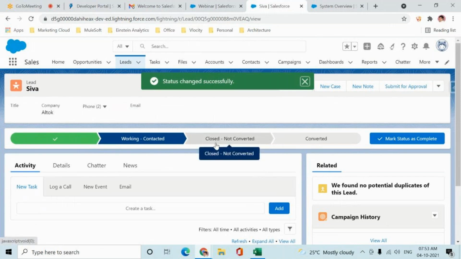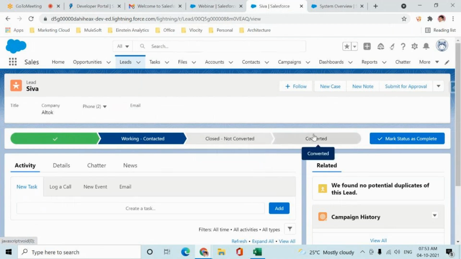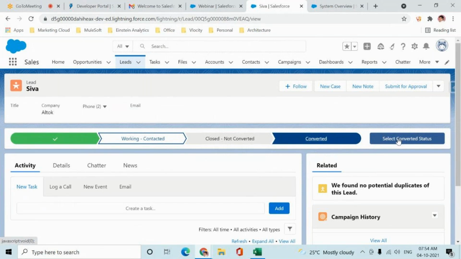For example, if Shiva is not at all interested in buying the product, I'll say close, not converted. If he is interested, I'll say closed, converted. Why take it in a negative way in the first session? So if I say closed, converted, it means Shiva is interested in buying my product, which means he is going to become my customer,